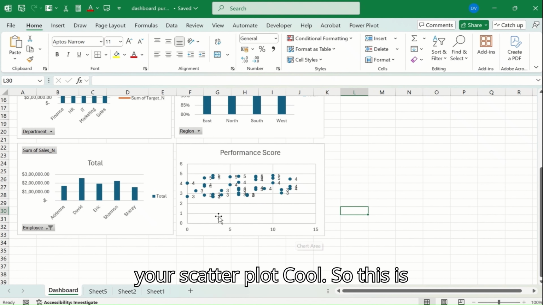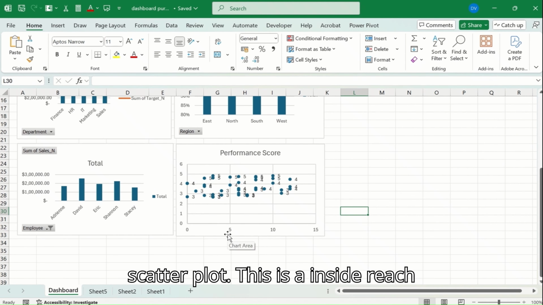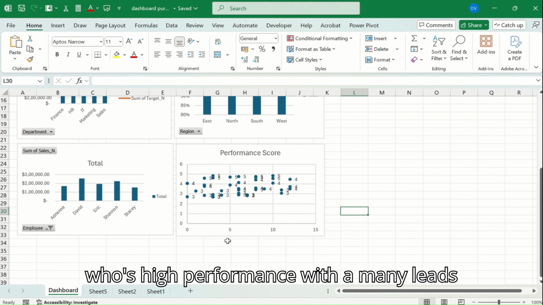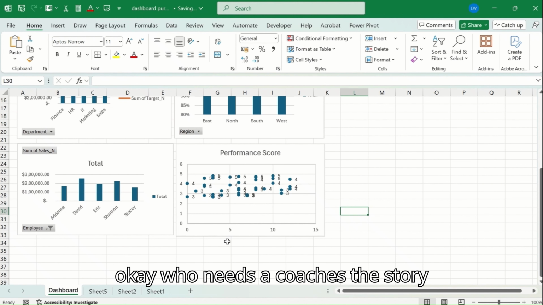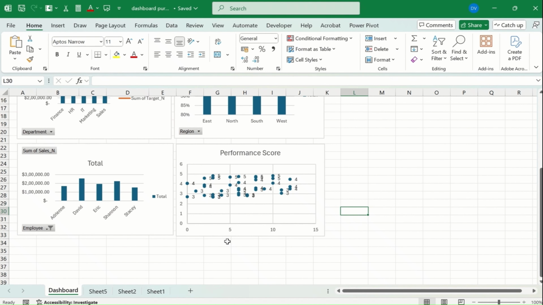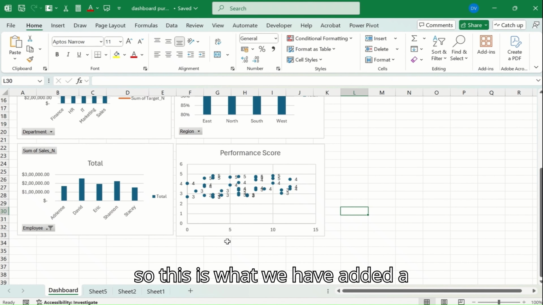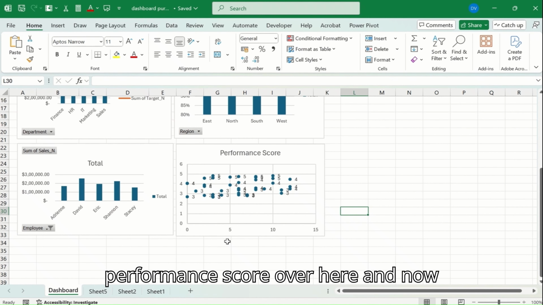Cool. So this is how we have inserted a performance scatter plot. This is an insight: who is high performance with many leads, and who needs coaching. Cool. So this is what we have added, a performance score over here. And now